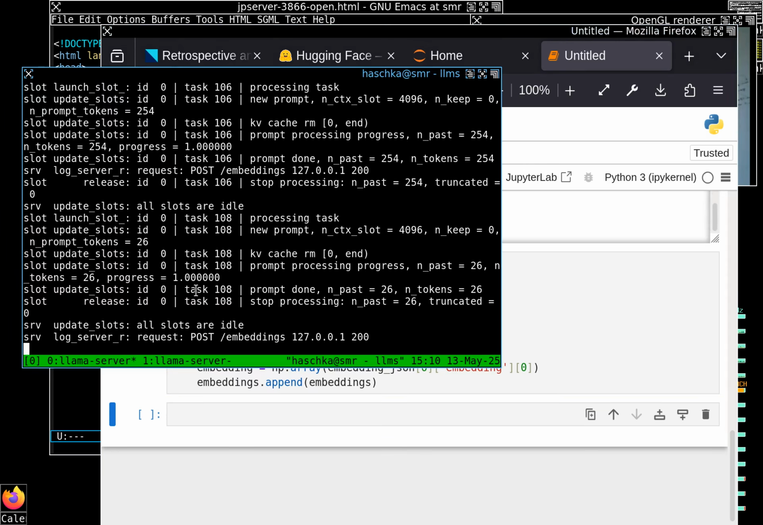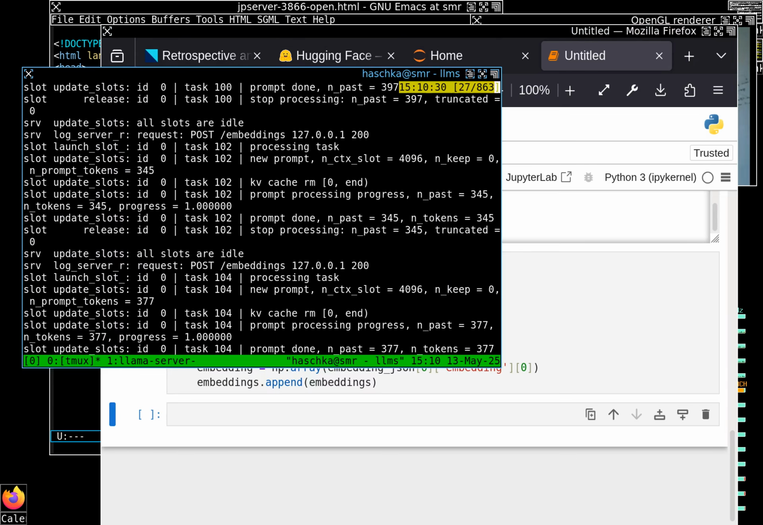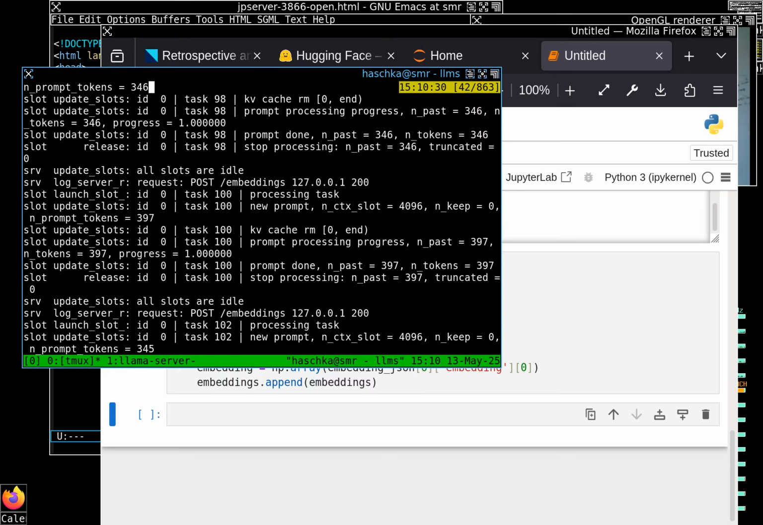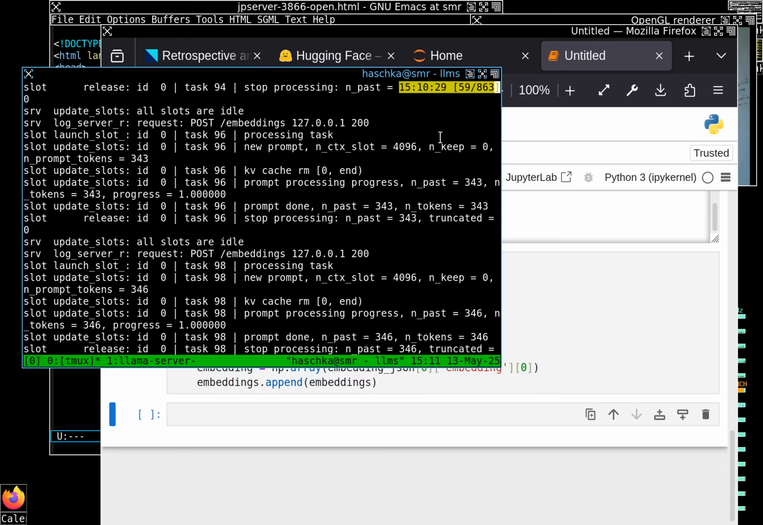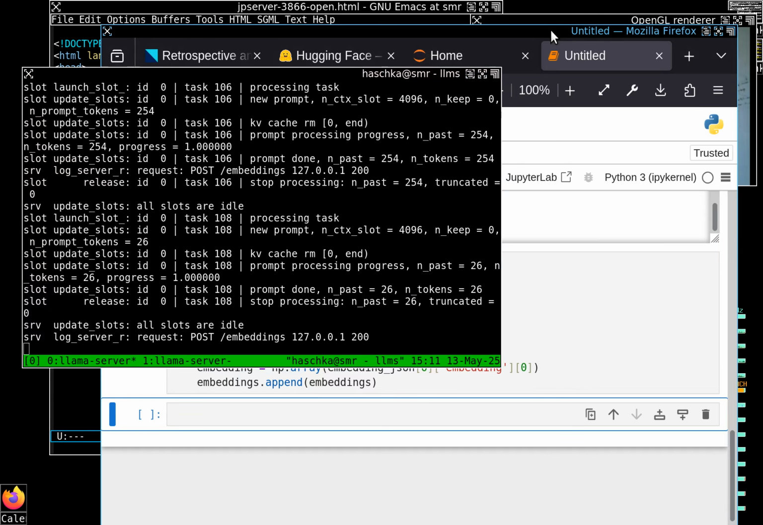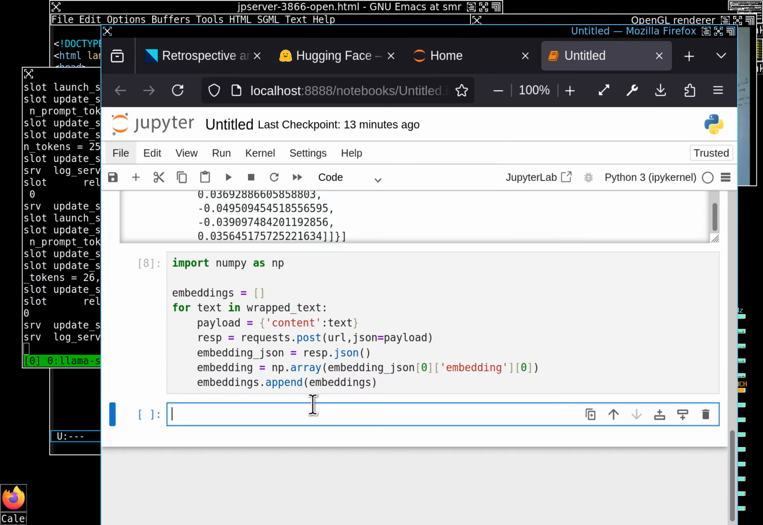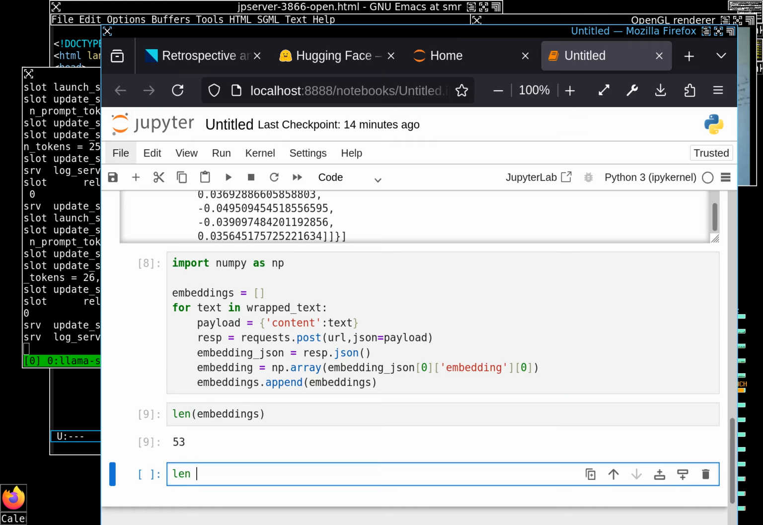So basically we can watch how it got each process. You see it always posts every time it processed an embedding. So fine, so good. This finished. So let's check out our embeddings. And what I will do, I will not prompt them, but I will check how many embeddings we got back. So if I do this here, we get 53 embeddings,